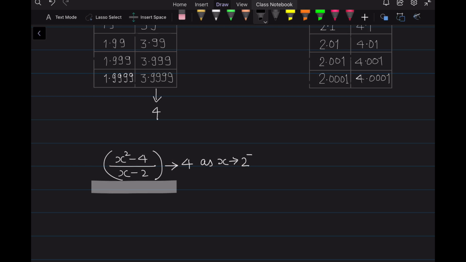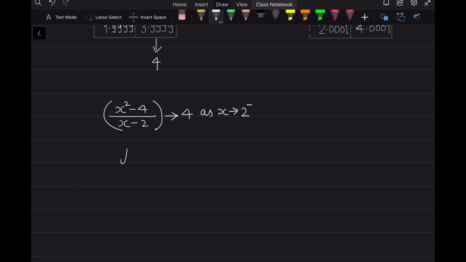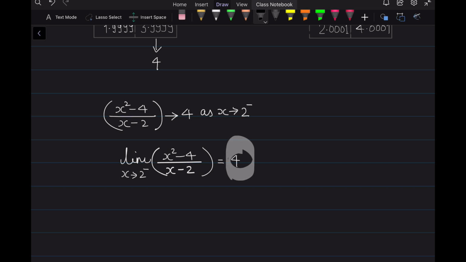Now, what does this statement imply? It means that this number 4 is the left-hand side limit of this function as x approaches 2 from the left-hand side. So we write it symbolically as the limit of x squared minus 4 over x minus 2 as x approaches 2 from the left side is equal to 4. The left-hand side limit of this function exists because this 4 is a fixed number. Now similarly,